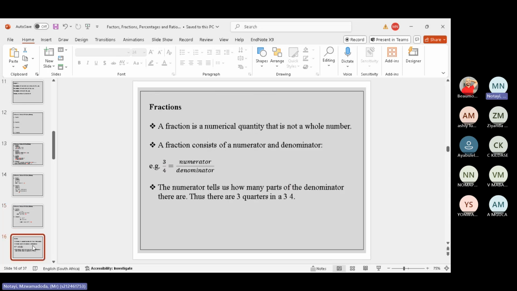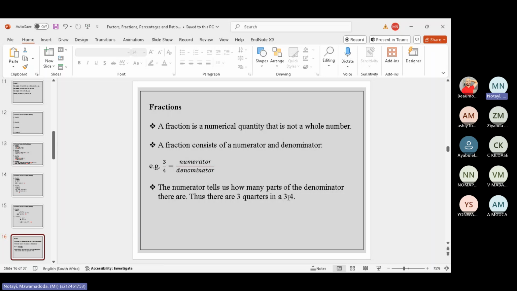I think let's continue. Okay, the other thing we look at is fractions. Okay, a fraction is a numerical quantity that is not a whole number. A fraction consists of a numerator and it consists of a denominator, e.g. 3 divided by 4. So the number on the top, we call it numerator, and the one at the bottom, we call it the denominator. So the numerator tells us how many parts of the denominator there are. Thus, there are 3 quarters in a